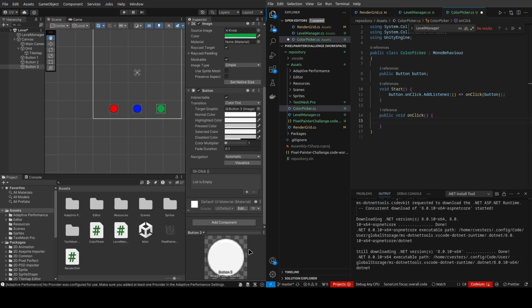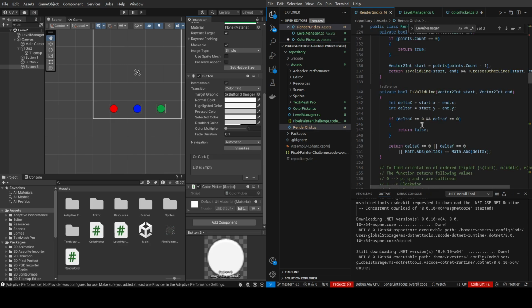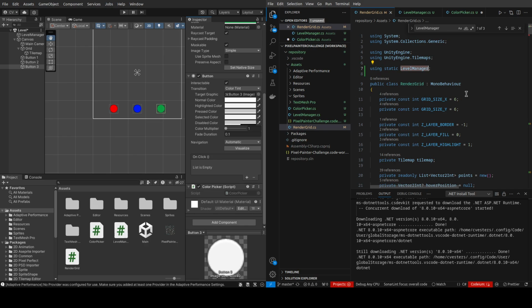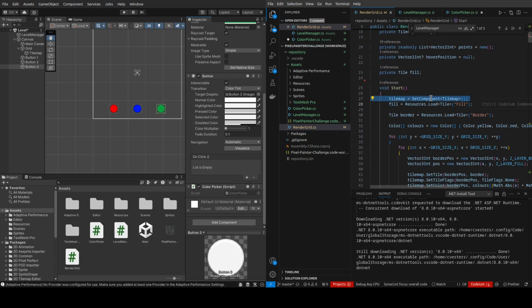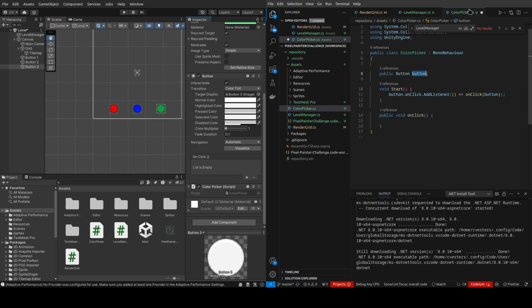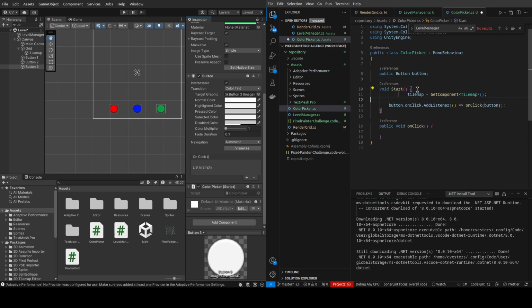Scripts. Color picker script. Yes. And then I can do the same with the render grid, and that's in the start method, yes. Then I say button, get controlled button, and then